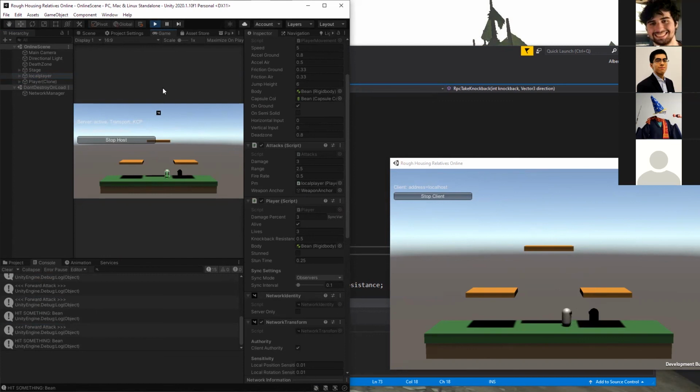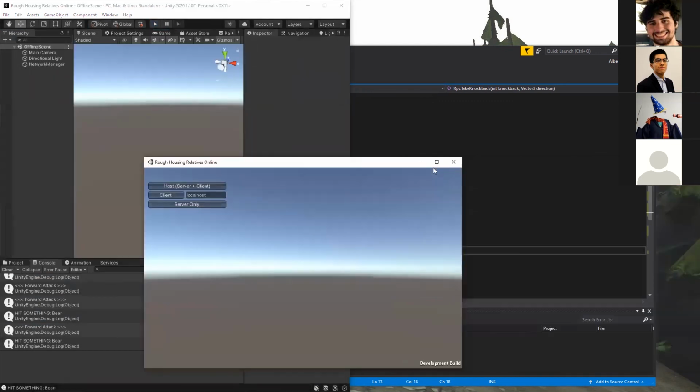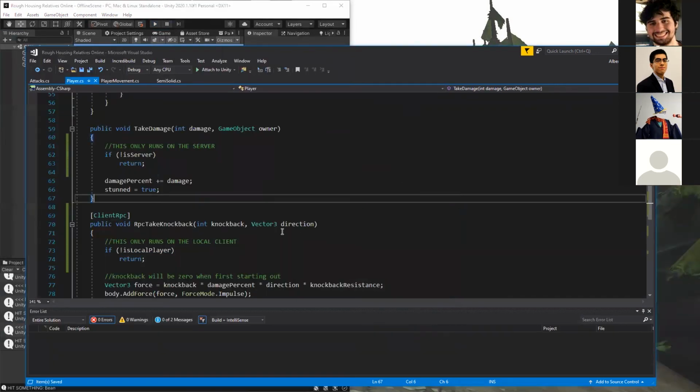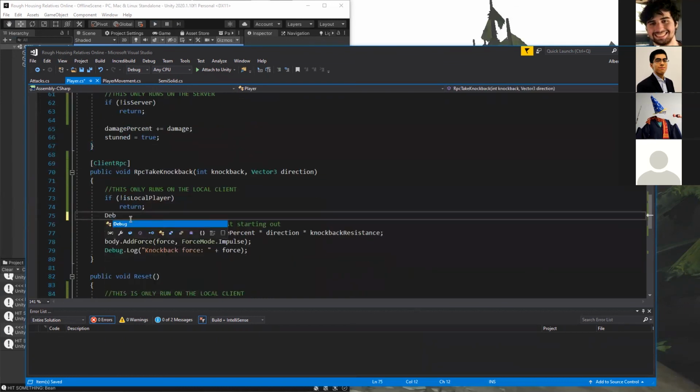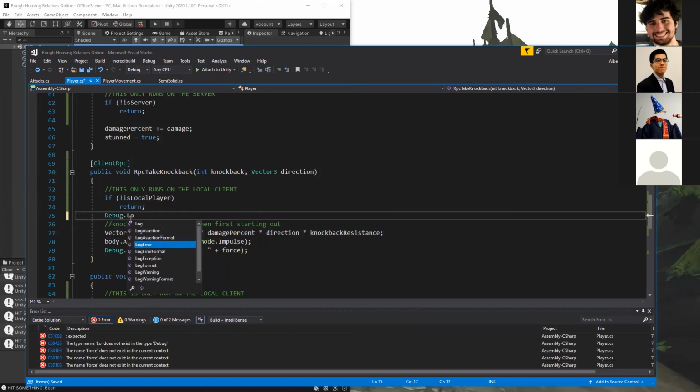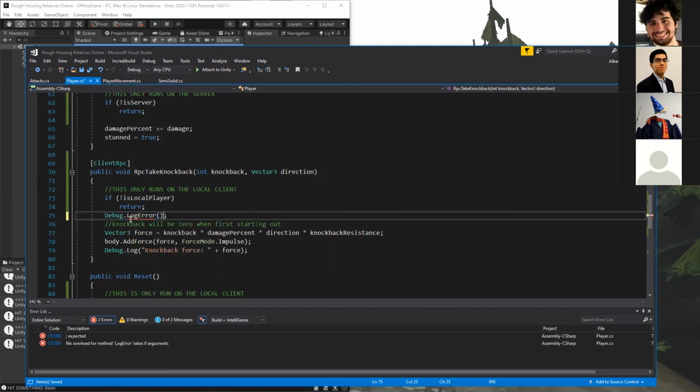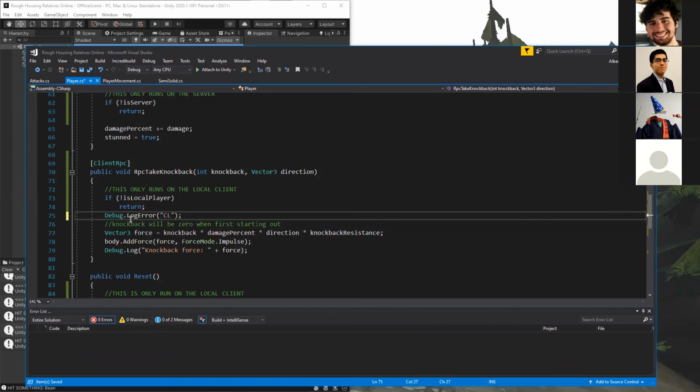Oh yeah, I meant to add some debug lines. When you're in developer mode, the only debug lines that pop up are errors. So you're gonna make these into errors. So we can do debug.log error. And inside here, we can put client, big giant quotation marks.